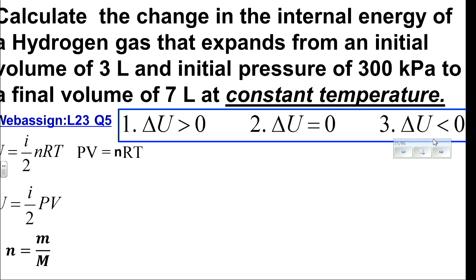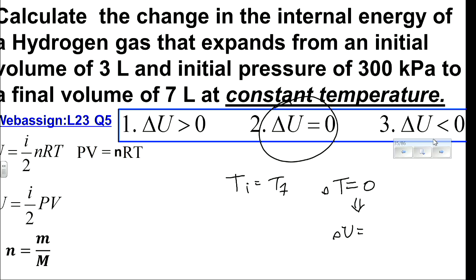Don't answer this question. The answer is 0. When the initial temperature equals the final temperature, the temperature change equals 0. Hence, the temperature doesn't change, internal energy doesn't change. We can see it from this equation. And that's what we need to do always. We have to choose the equation which provides most of the visible information. This other one wouldn't help to see it immediately.